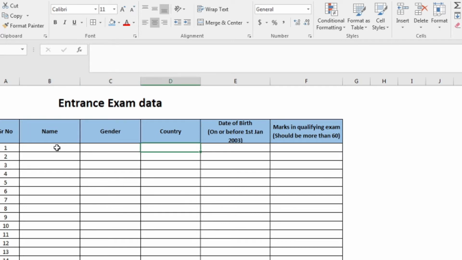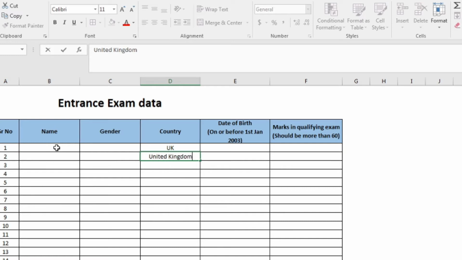Now when they fill up the country, there are chances that they make a spelling mistake. For example, one person belongs to the UK, and another person also belongs to the UK, but he puts the name as United Kingdom. Now both the names are the same, both the countries are the same, but the names are put differently.